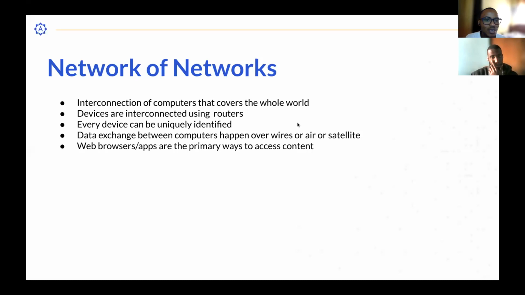In other words, your device, your computer or phone is wirelessly connected to a network. But if we go higher, past your local network, and maybe you're subscribed to Airtel, for example, you may find that Airtel is at some point using